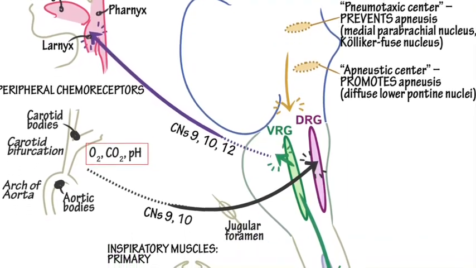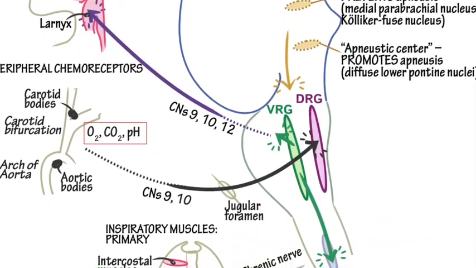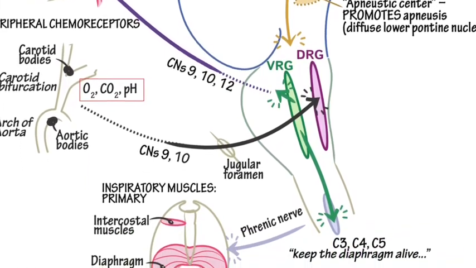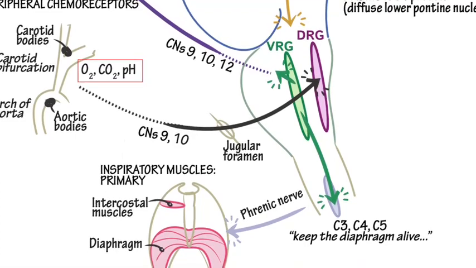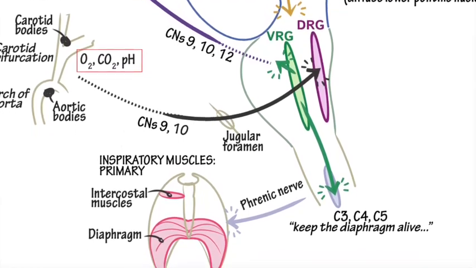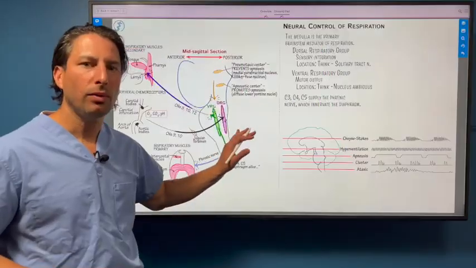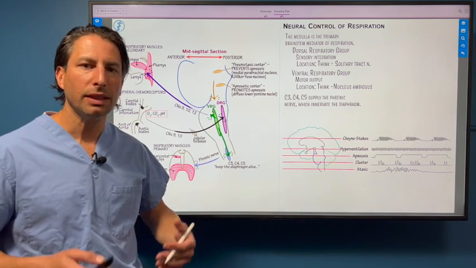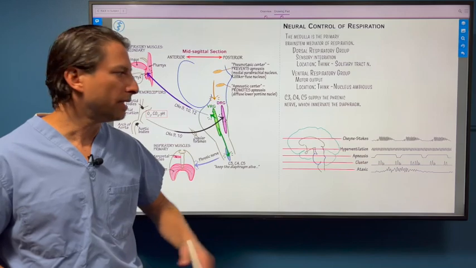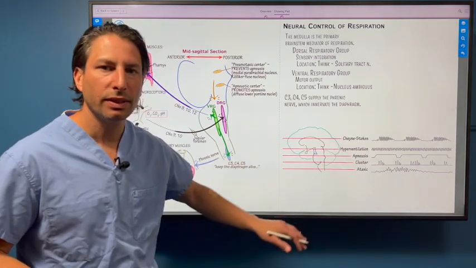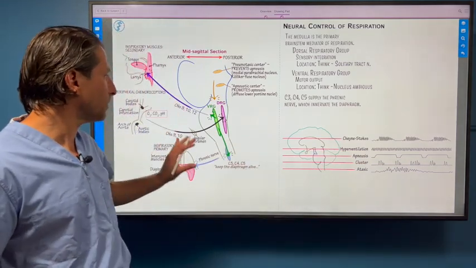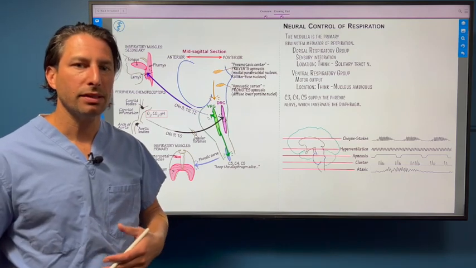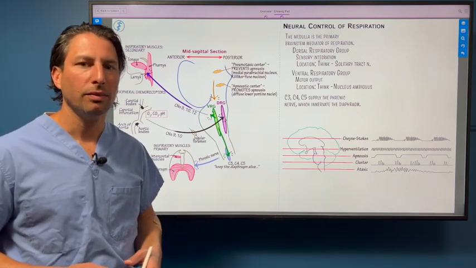And then ultimately, of course, C3, C4, C5 keep the diaphragm alive with phrenic nerve innervation of the diaphragm. And then these intercostal muscles are very important for respiration as well. And really what we're hammering home here is that there's a neural control of breathing. So not all patients with dyspnea have pulmonary problems. They can have brainstem injuries, for instance, or they can have neuromuscular disorders that are causing dyspnea. And the way that you manage those patients is going to be quite different than a patient with a pulmonary